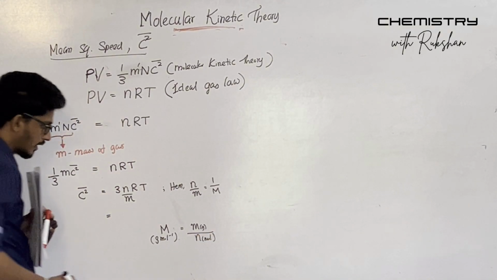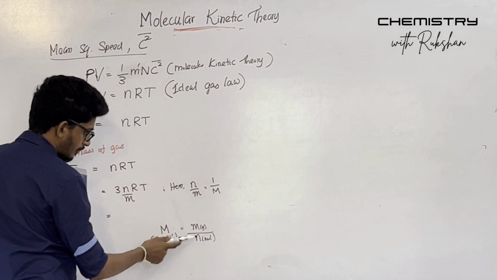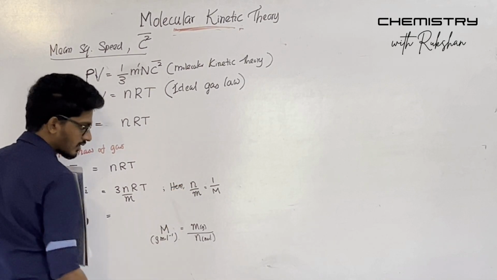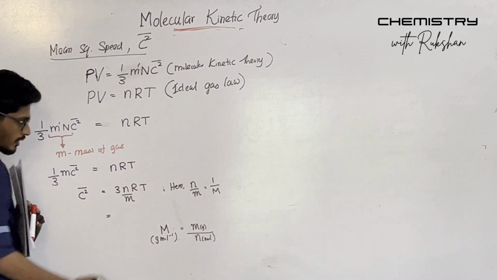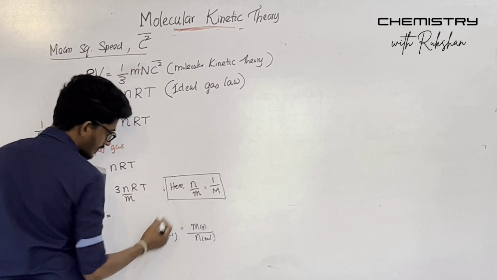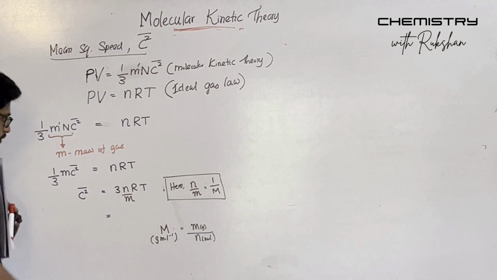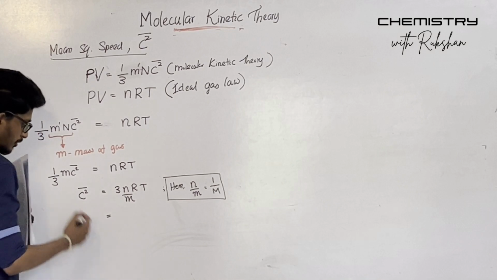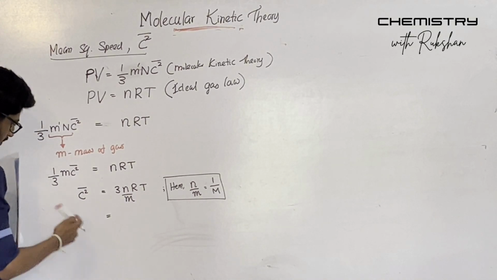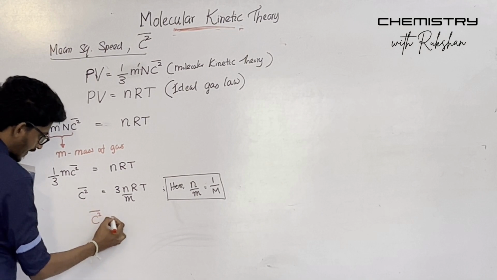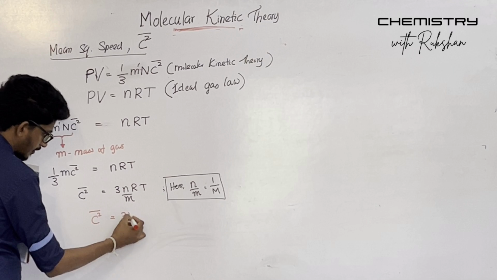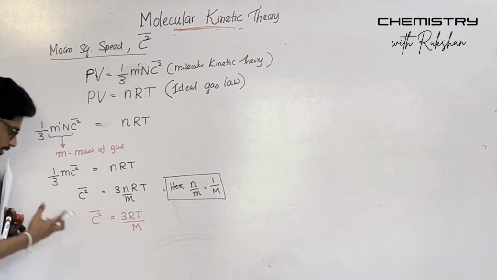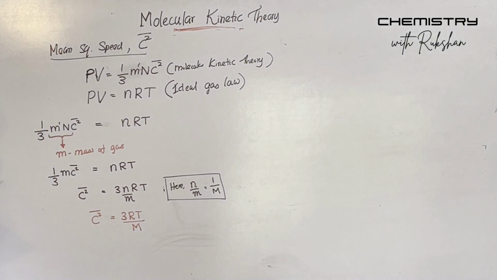So simply, m over n is the capital M, and this is the reciprocal of that, so 1 over M. Instead of this, we can write 1 over M. That gives c squared bar as 3RT over M. This is the equation for c squared bar,